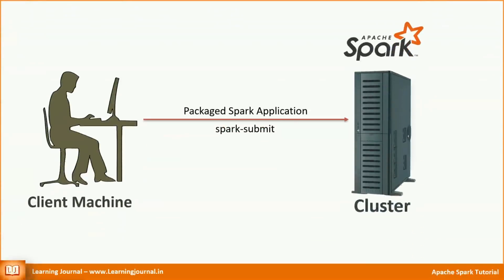In both the cases, a long-running streaming job or a periodic batch job, you must package your application and submit it to Spark cluster for execution. That's the second method for executing your programs on a Spark cluster. For a production use case, you will be using this technique. Apache Spark comes with a Spark Submit utility. We'll learn more about it later, and I will show you various options and how to use Spark Submit.